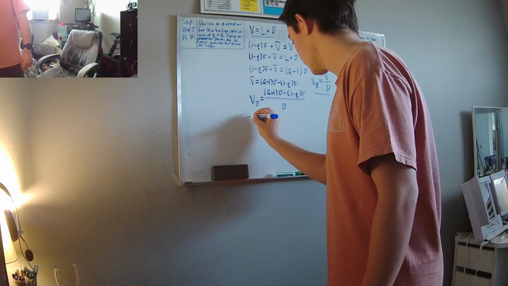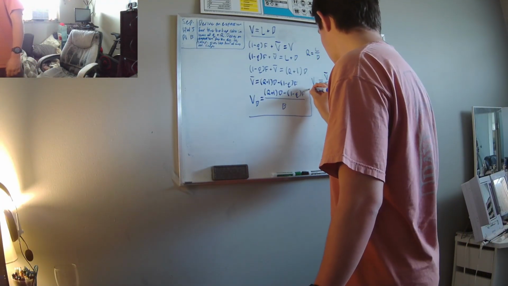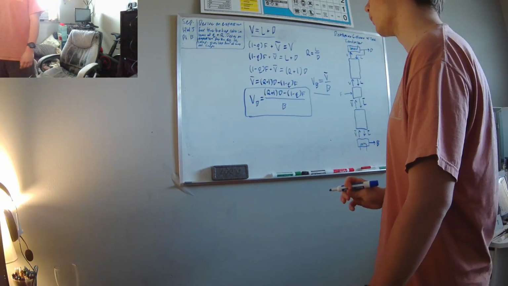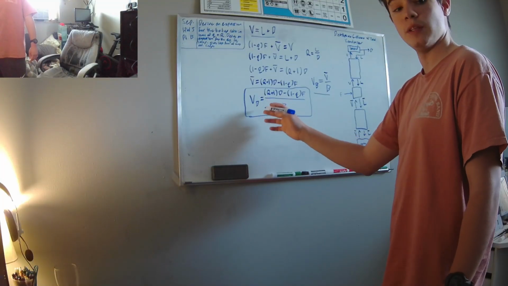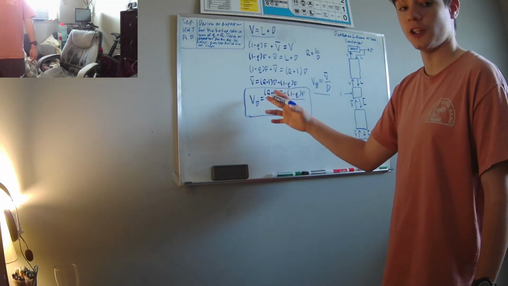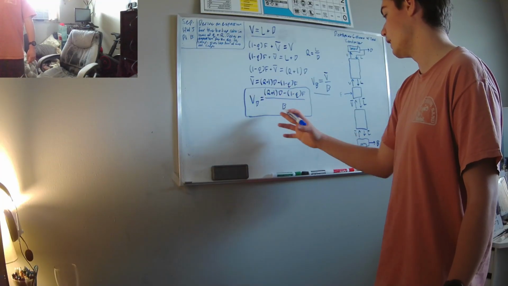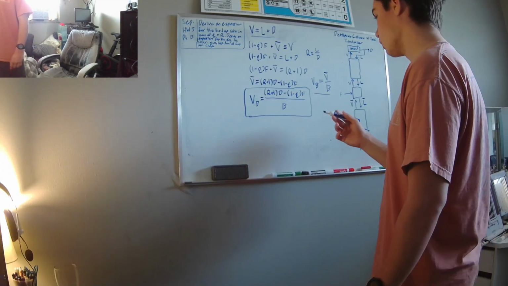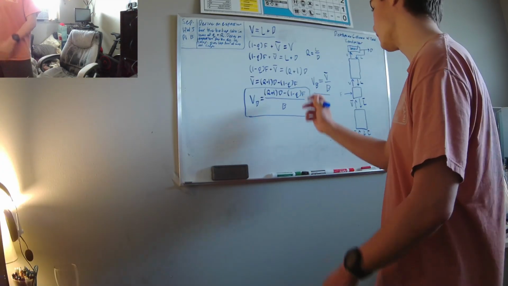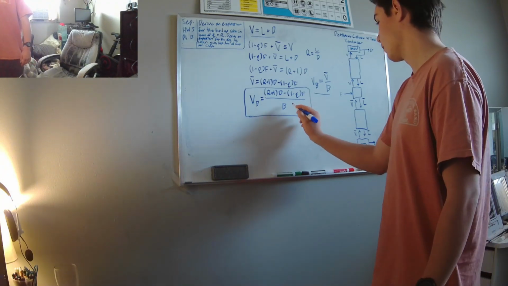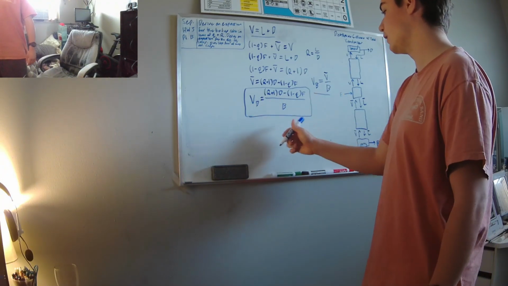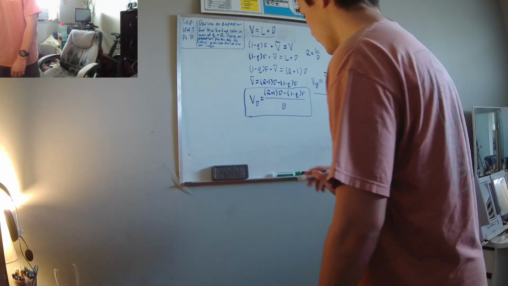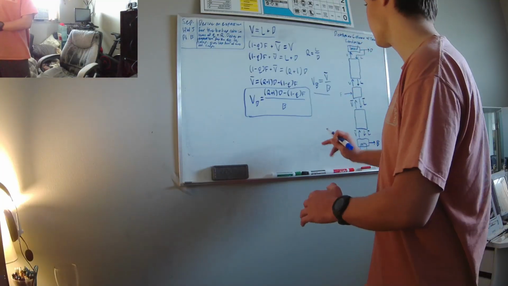And this right here is our first expression we were looking for, the expression for our boil-up ratio VB in terms of our reflux ratio R and our liquid fraction of the feed Q, meaning that we have all of the overall material balance flows. We got our distillate flow, our bottoms flow, and our feed, and then just our reflux ratio and our liquid fraction. So now that we have this expression, I'm going to go ahead and erase all of this work,